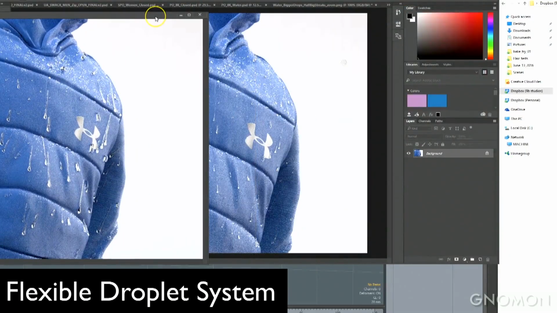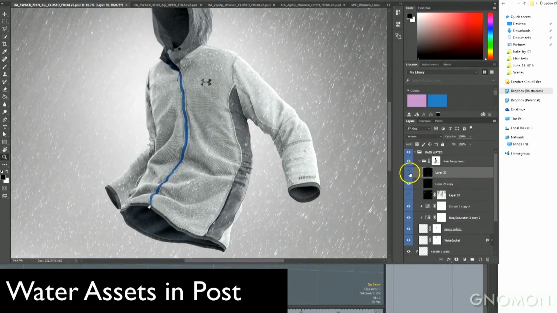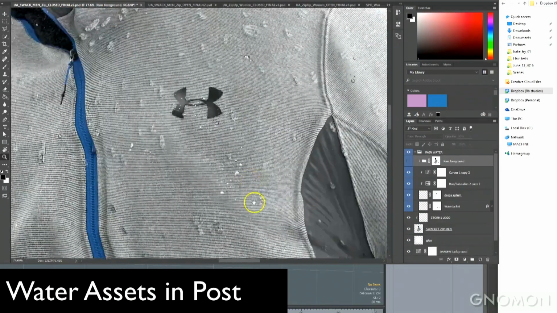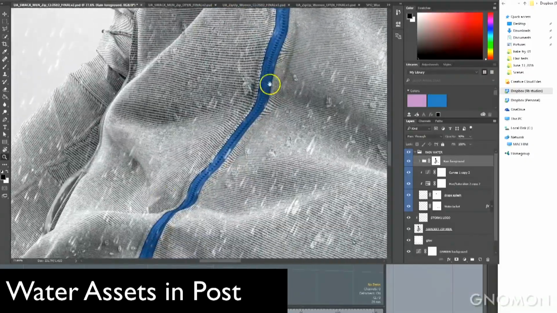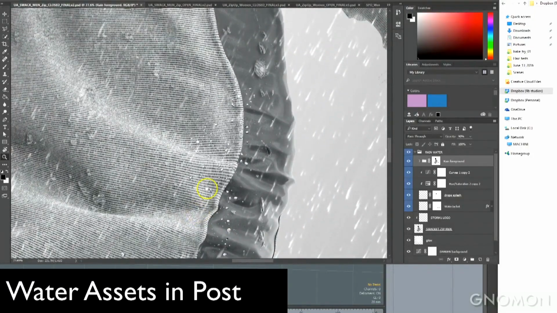The cool thing about Modo is that I can now grab every one of those droplets and change size and show the client, okay, I need it smaller, bigger, pretty quickly and pretty easily. And then everything, again, gets dropped on top. My compositor, again, would take this and do the retouching on top just to make sure everything is spick and span exactly how the client wants and expects for their final delivery. But that's basically the Swacket project.